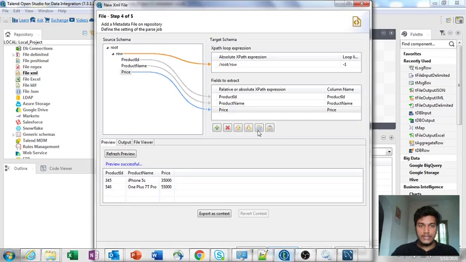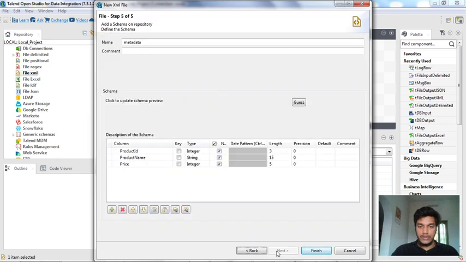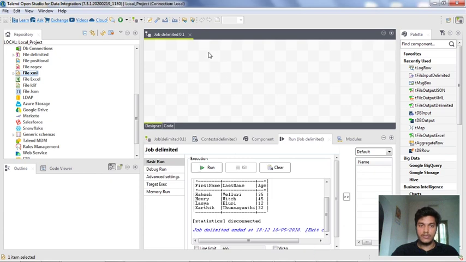I am going to Talend Studio again. So the data is loading perfectly and header values are also the same. I am clicking next for the next step. So you need to configure these things, and here the schema is also product ID, product name and price. So you need to click finish if you are okay with this, or if you want to change the schema you can modify it.